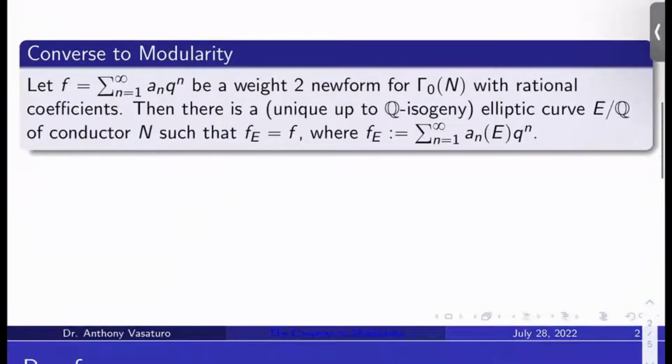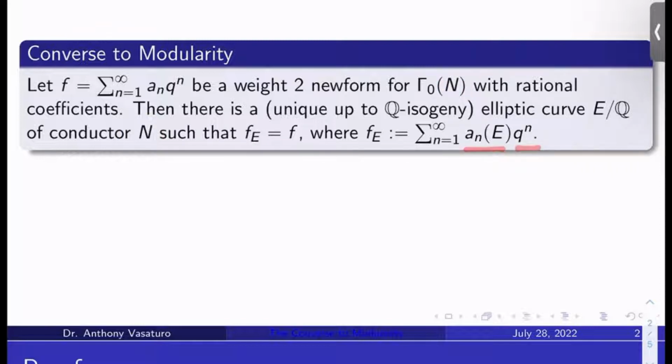Let's recall the statement. Let F be a weight 2 newform for Gamma_0(N) with rational coefficients a_n. Then the statement is there's a unique, up to Q-isogeny, elliptic curve E over Q, or E_F over Q if you like, with conductor N matching this level here, such that F_E equals F, where F_E is the sum from n equals 1 to infinity of a_n(E) q^n,